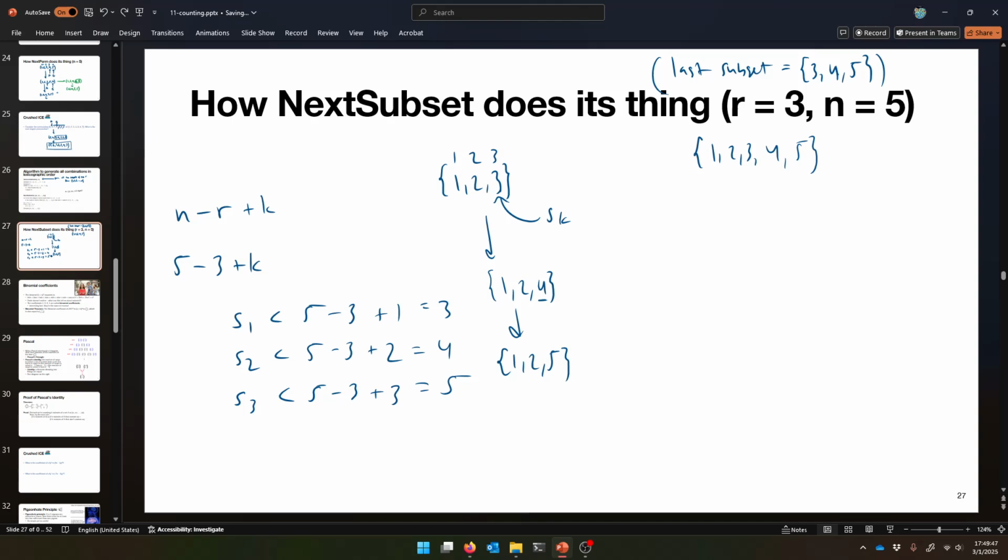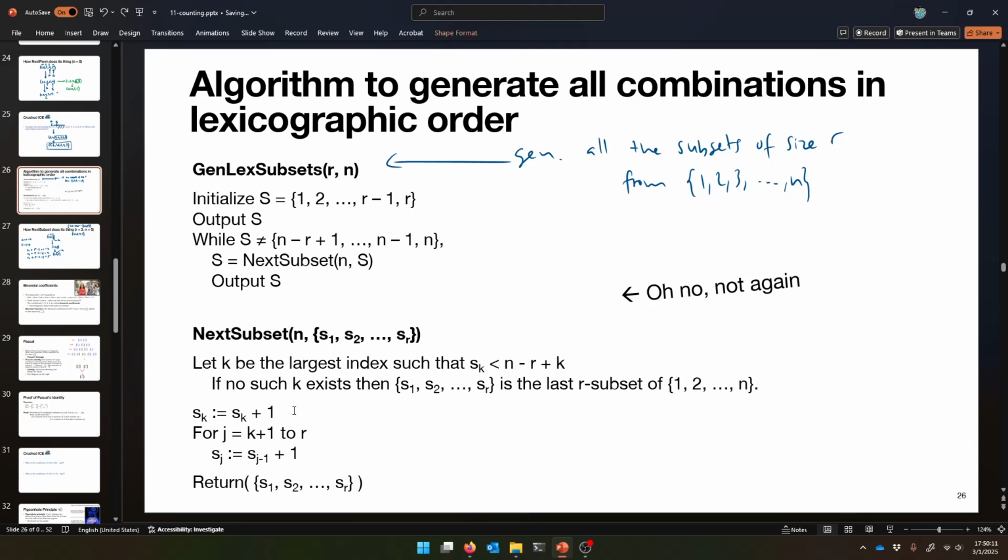Is S of 1 less than 3? Yes. Is S of 2 less than 4? Yeah, it is. That one checks out. Is S of 3 less than 5? No, it's equal to 5. So that one we can't increment. We want the biggest one that we still can increment. That's the biggest index that we can still increment, that one. So there's my S of K this time. See it? So now I have something to increment. So increment it to make it,